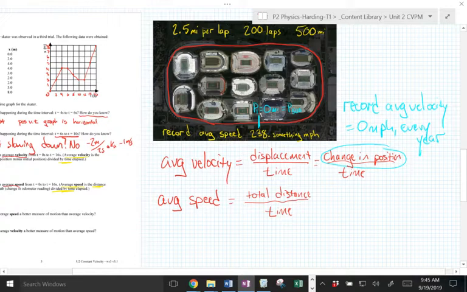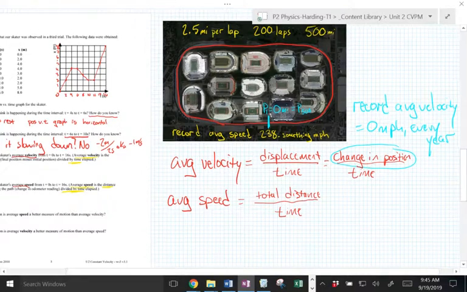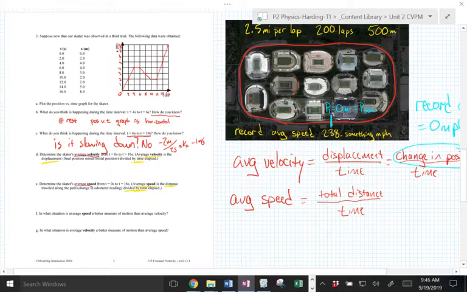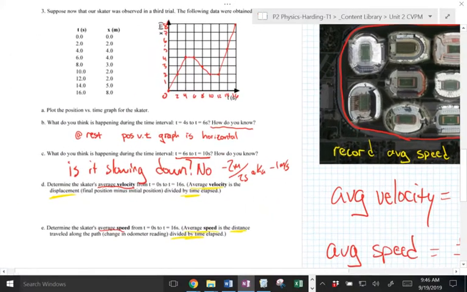Provided they finish the lap, their change of position is 0. So their average velocity is 0. All right. Average speed, though, total distance, 500 miles divided by 3 some odd hours. That gets you that. Here's another way of finding the average velocity: just connect the beginning and end